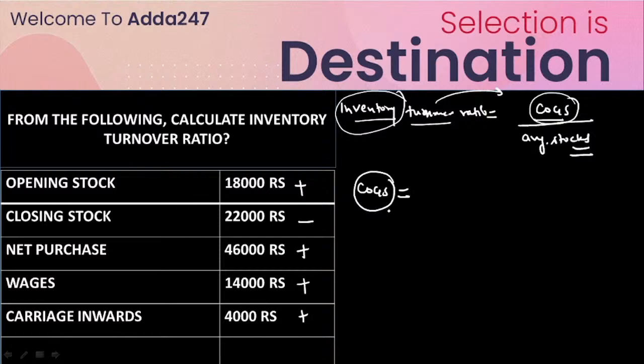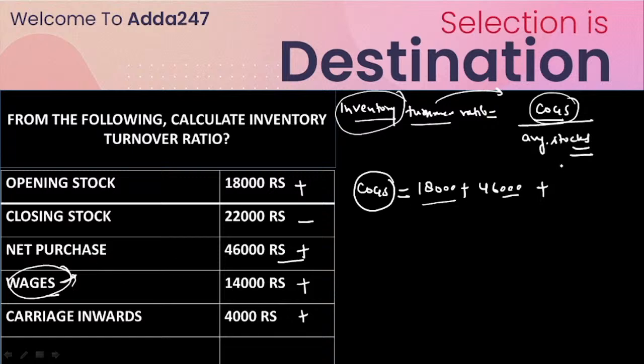So if we have to find out the cost of goods sold here, we have to put here 18,000 rupees plus purchases of 46,000 rupees, plus direct expenses, wages related to our labor charges. Wages related to our labor charges, while salary is related to our employees. Both are different. Okay. As I discussed in my lecture, wages here are related to our labor charges,